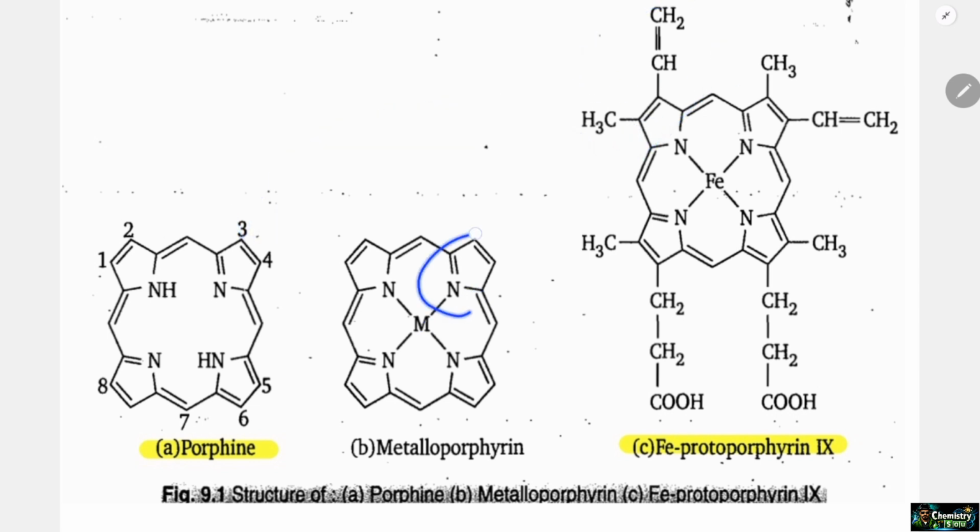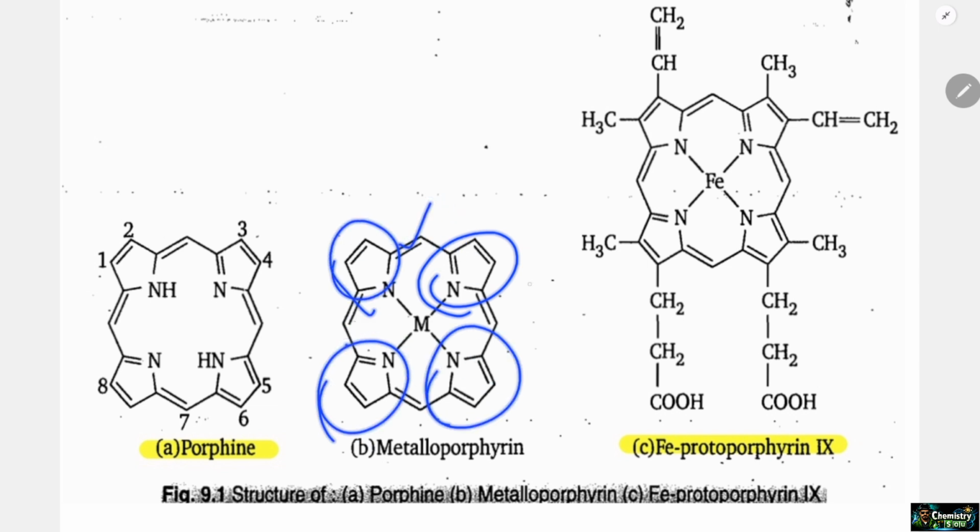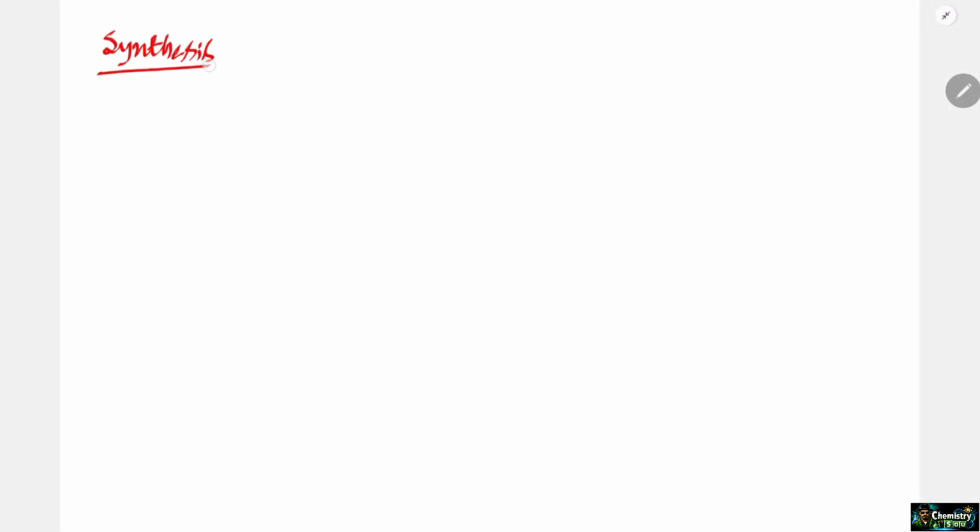So actually there are four pyrrole rings. They are connected by this CH group. सिंथेसिस के बारे में बात करें तो आप पहले पीरोल लेंगे